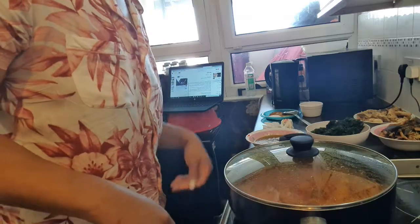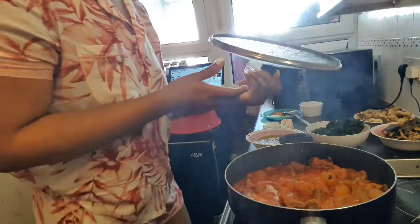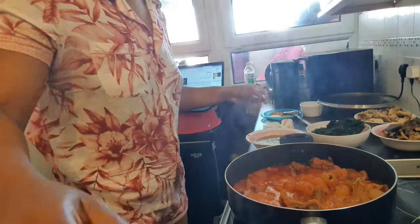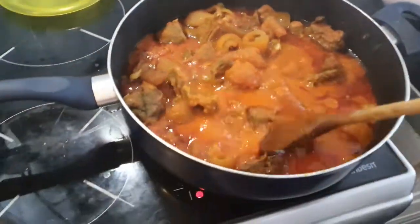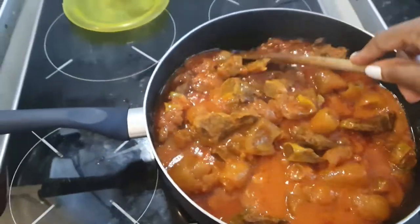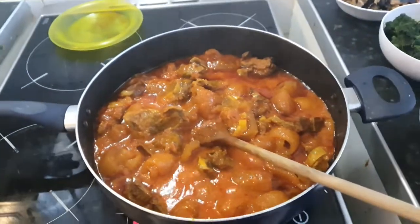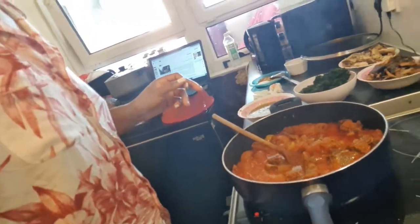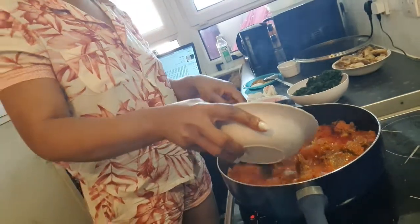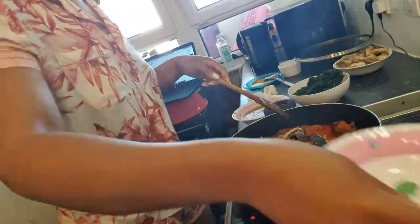So guys, now I'm going to be adding the fish. Don't know if you can see, there's not much liquid in that, so that's what you're looking for. Oh, this smells good. So now I'm just going to add the fish. Okay, show you how that goes. So I've got the dry fish going in,